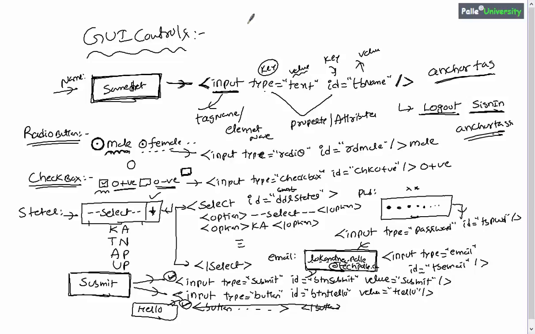In order to create an anchor tag, you should use A and something called href. Inside this href, inside the double quotations, you must specify to which page the user must be redirected when the user clicks on the anchor tag. Let us assume I want to go to the signout.html page. So I should write a href equals signout.html, and here I write signout, end of anchor tag. When the browser observes code like this, it will create a hyperlink with the name signout. Okay, so I believe you understood.